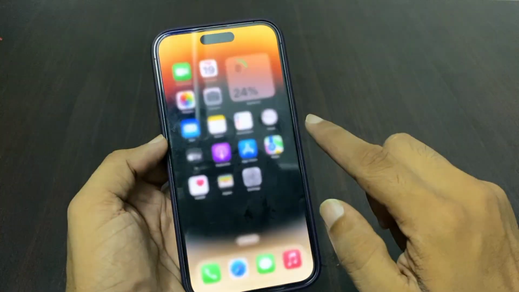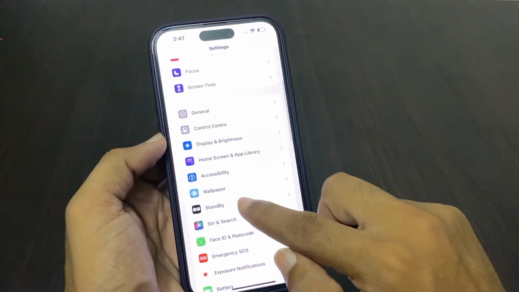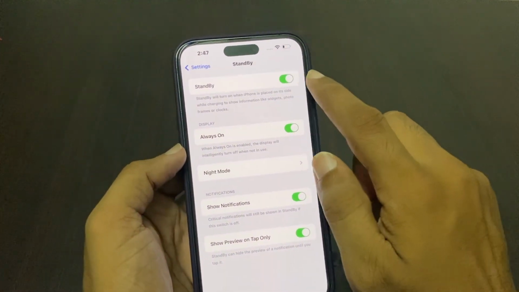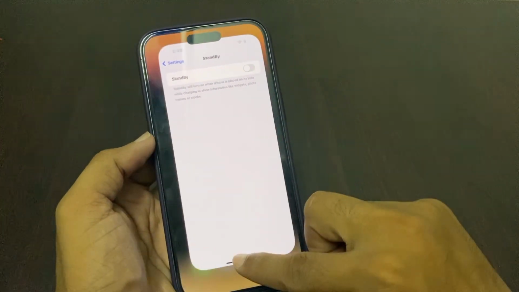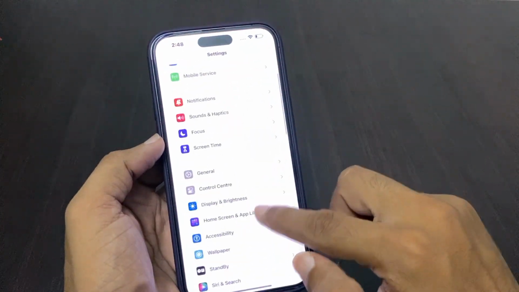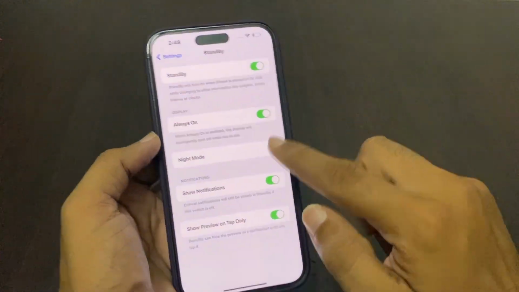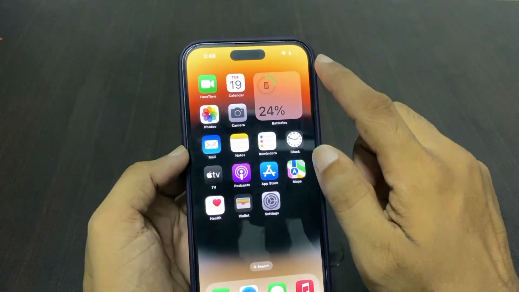So go back again, open the Settings app. Here you can find StandBy, tap on it, turn the toggle on, go back again, tap on Settings again, open StandBy, turn on all these features, go back, go to the